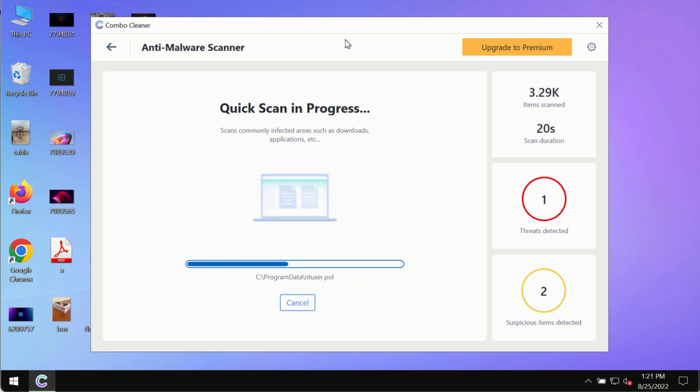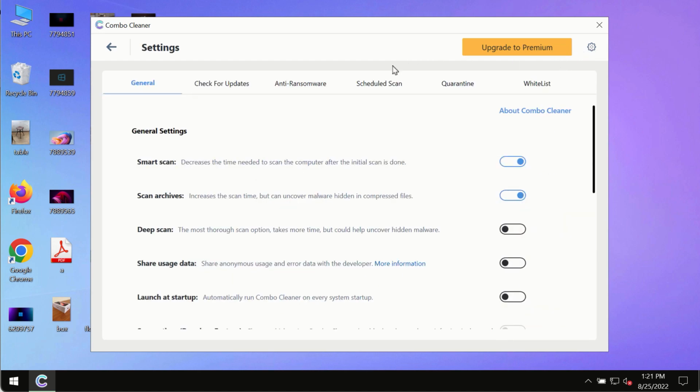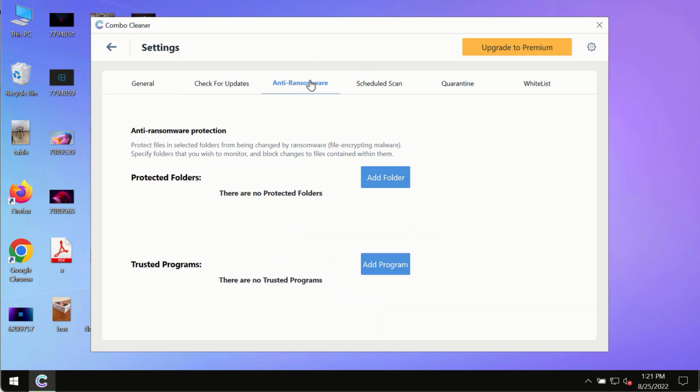for proper detection and removal of any malware, ransomware, adware or other infections. While the scanning by Combo Cleaner is taking place, please pay attention to several features in Combo Cleaner, such as anti-ransomware. This feature, for instance, allows you to add several folders that will always be protected against ransomware